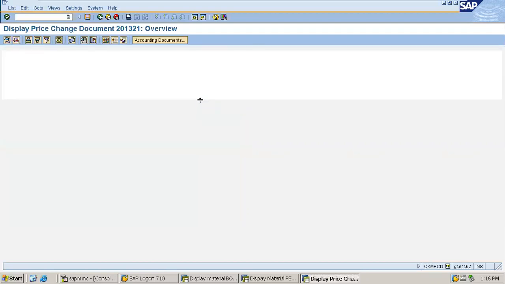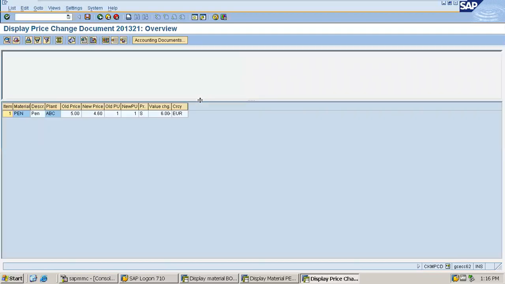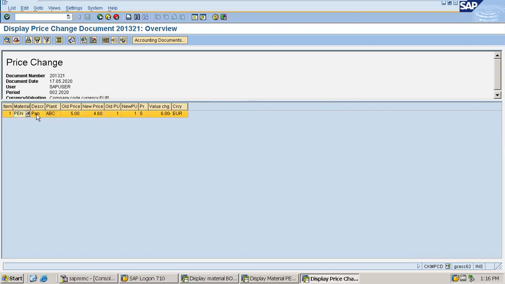Yes, it is displayed, and this is the price change document. Material number given, plant given, old price was 5, absolutely fine. New price is 4.60, and that's what is being shown, which is absolutely fine.